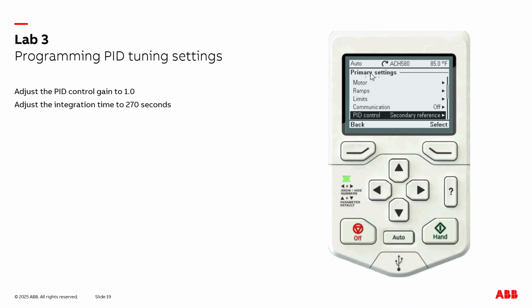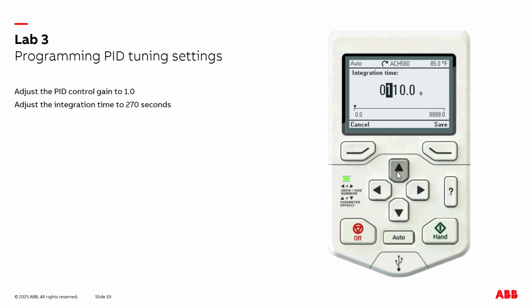So the fastest way I like to do it is go to primary settings, back to PID control where we were in Lab 2. And if you scroll down, there's an option called tuning. We'll select tuning. And you can see here the second and third one down, gain and integration time. Now the gain by default is 1.0, so we don't need to make any adjustments for the gain for this Lab 3, but we do have to adjust the integration time from 10 seconds all the way up to 270